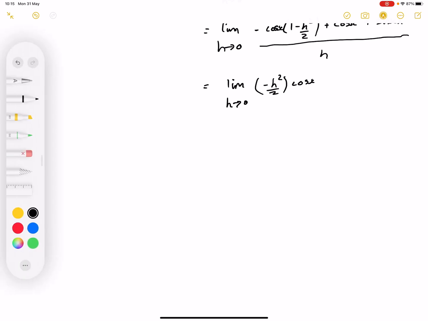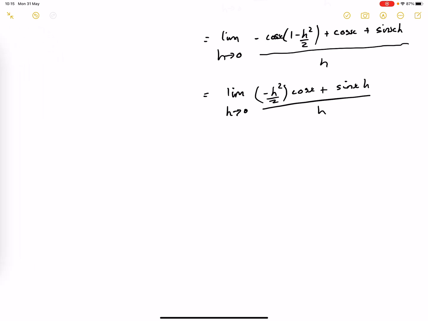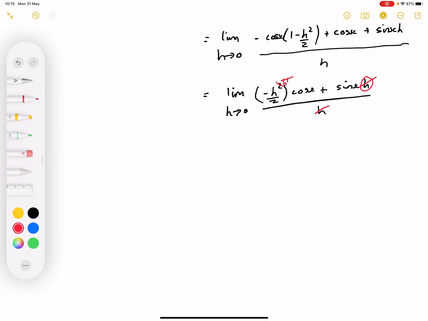Right, let's get this started again. So cos x plus sine x h all over h. And this is where I can start my cancelling again. So I can take out a factor of h on the top by one of these h's here. So I'm going to take out a factor of h to the 1, not as a power, just as a factor. And this h here, I can cancel them with this h on the bottom. And so that will be equal to